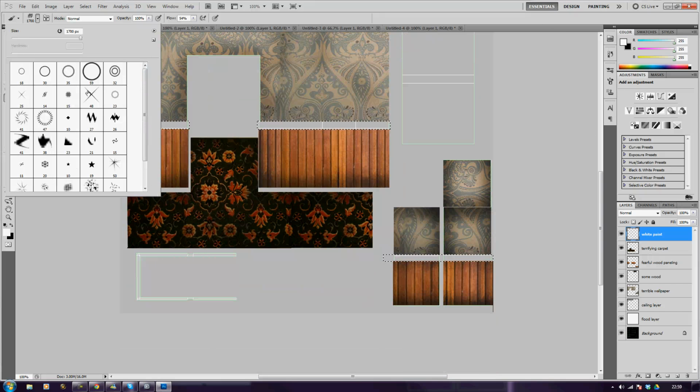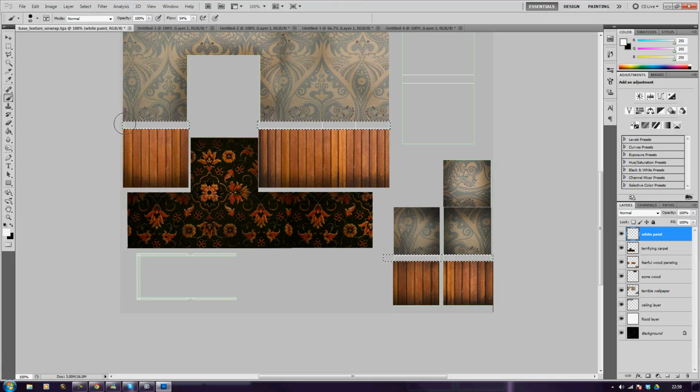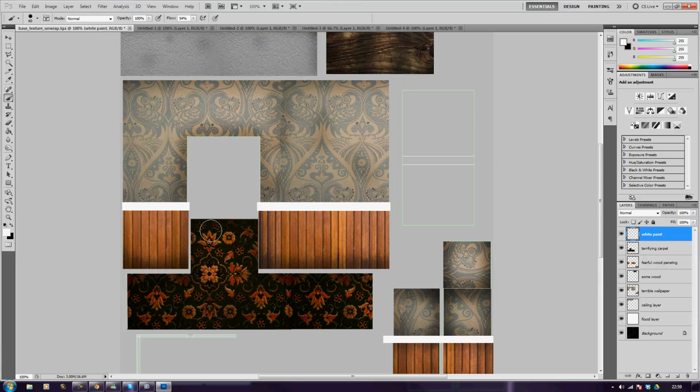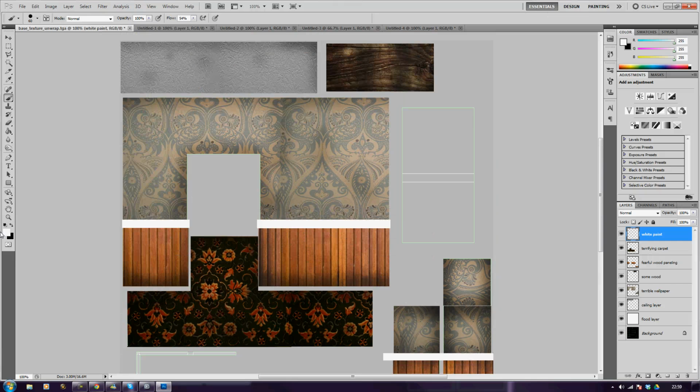Let's see what we got. Here we are, nice basic brush. Just going to fill it with some white, which is very boring, I know, but we'll now do something a bit more fun with it. So what I'm going to do now is just create a slightly darker grey material,